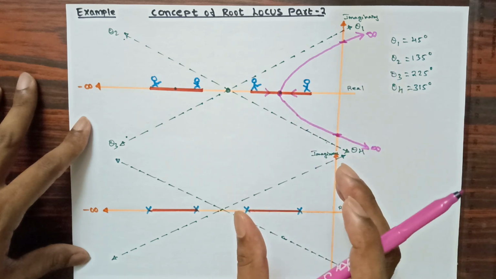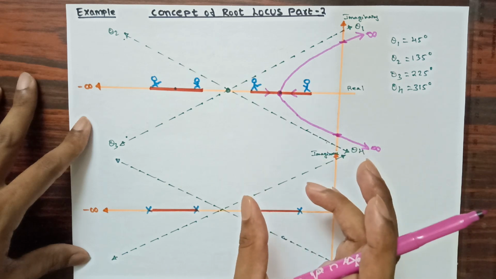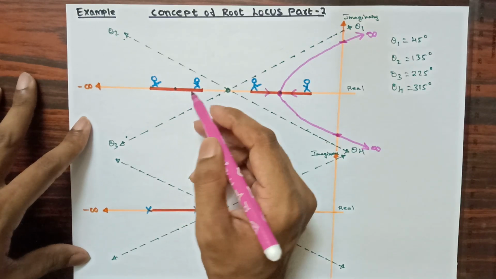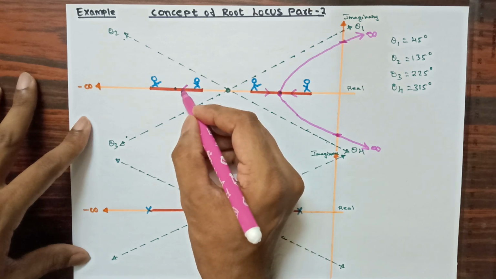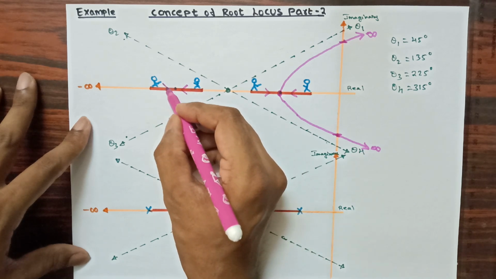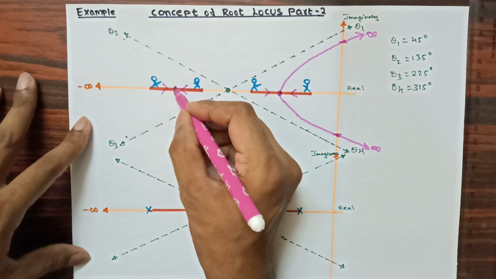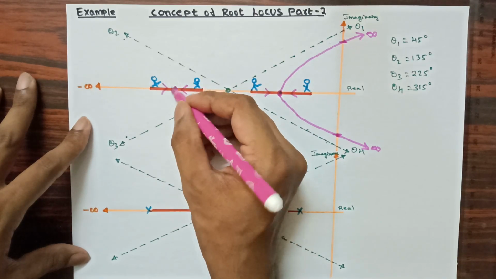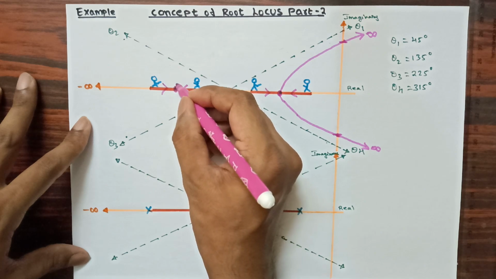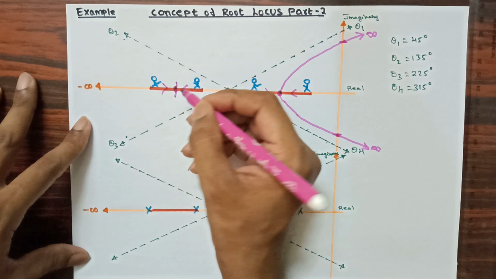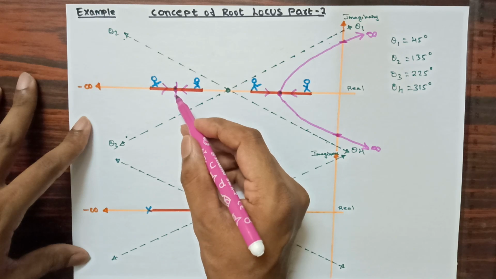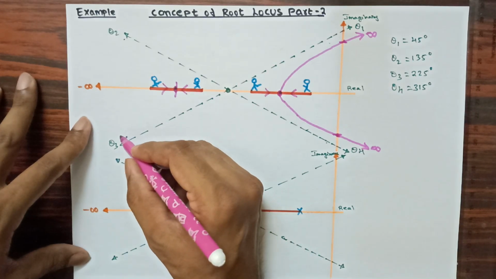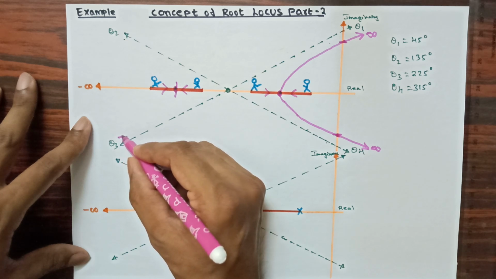Anyhow, this is a general example, so we are discussing with respect to persons. And now here you can see these two persons also, this person is going to move in this direction and this person is going to move in this direction, then they are going to meet at one common point that we call a breakaway point. Now again one person will come upwards and another person will come downwards, and this downward person is going to follow this angle and will try to reach the infinite destination.